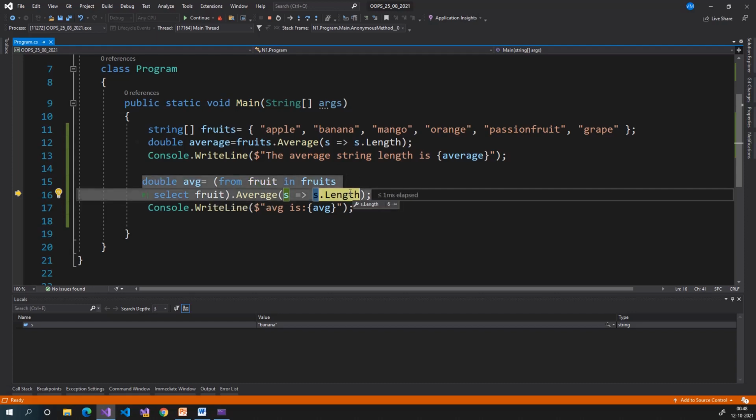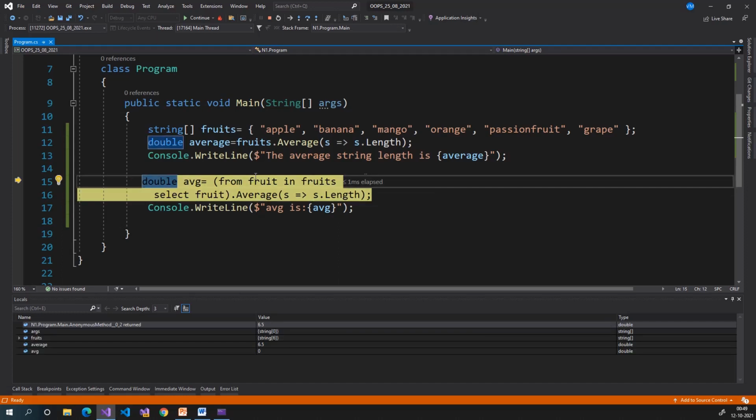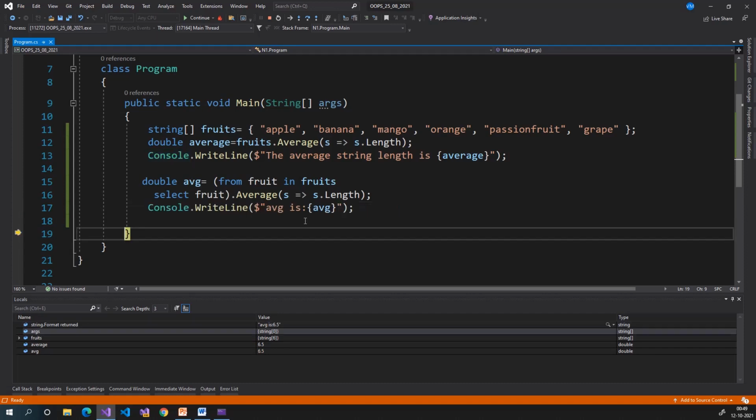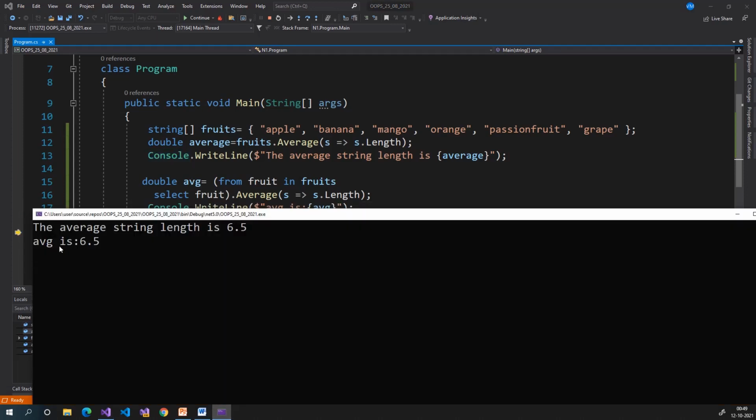Length of banana is 6 characters. F11. Next one is mango. Length of mango is 5. Like that we will calculate the length of each string. Later we will apply the average function on those strings. F11. Here the average length of each string is 6.5 and we print the output. Here the output is average is 6.5.